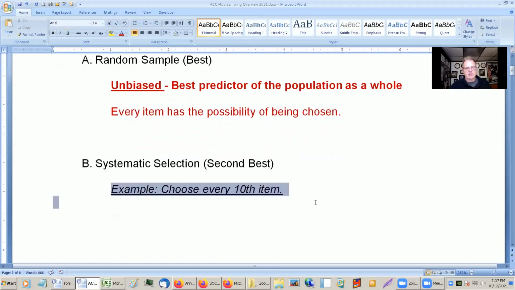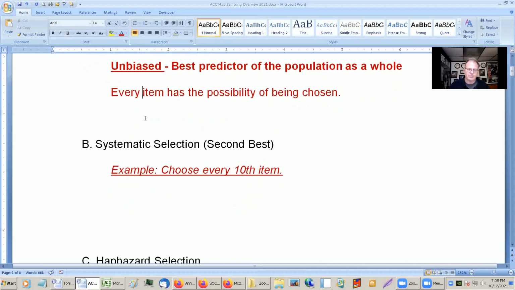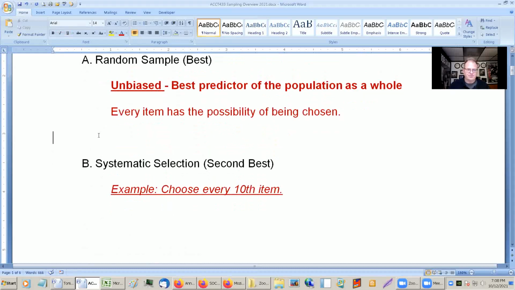A systematic selection, which we just kind of talked about here, is when you choose every nth one. It's not bad. You can have a random start, and that will make sure that everything has a possibility of being chosen. But there could be things that happen in the repetitiveness of it that will skew your end results. So systematic selection isn't terrible, but it's not as good as a random sample. Okay, now